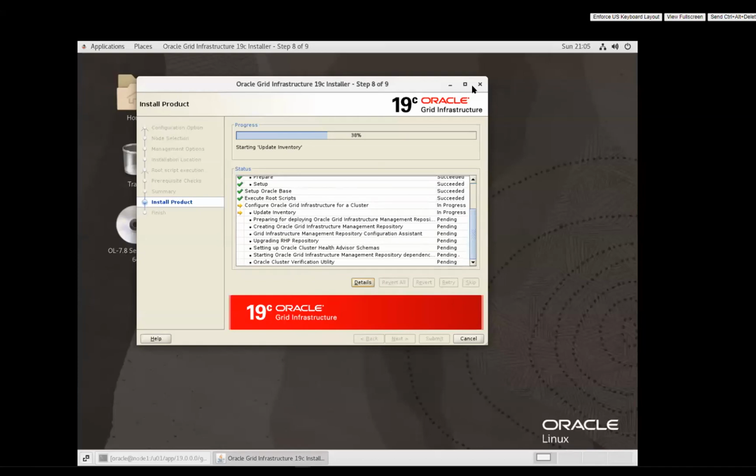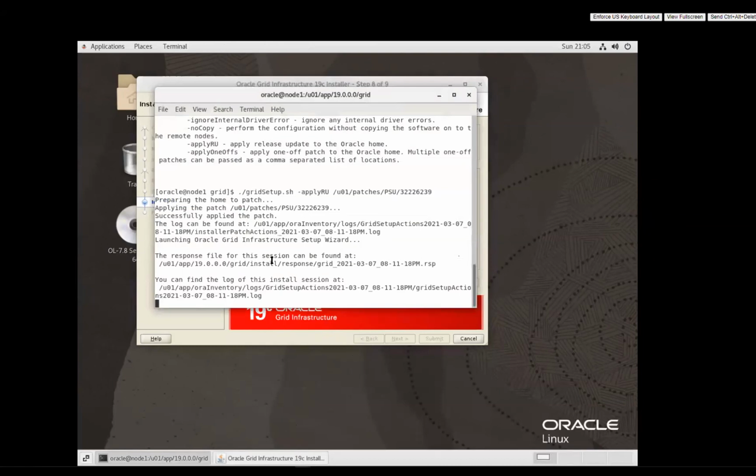Now you can see, even if you lose your GUI screen and your session is terminated here, don't worry, your cluster where everything is upgraded is up and running. So it is doing only post checks and some of the post configuration, so that all you can do manually. As I said, this is a response file.